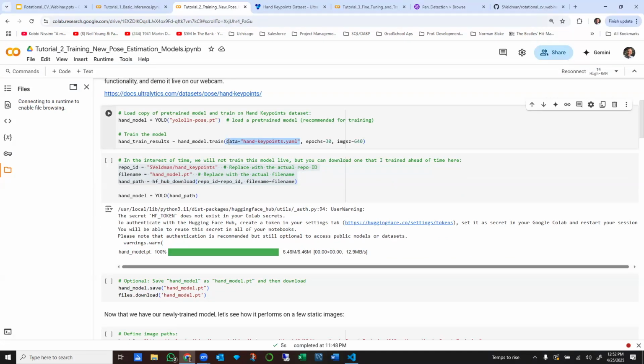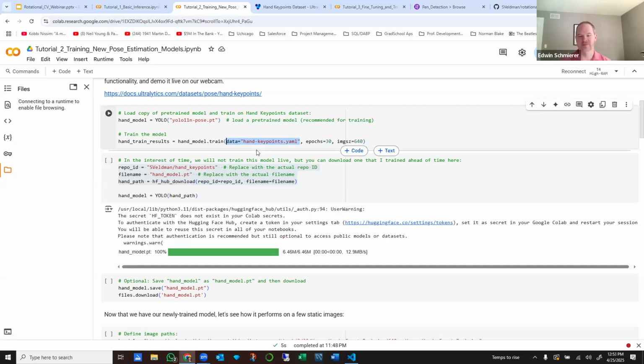Exactly. Like you have to put it in the same format as that hand-keypoints YAML, right? I mean, that takes a lot of time. Yeah, absolutely. And so I think that is the biggest challenge if you're going to fine-tune a model on your own data: annotating it well,